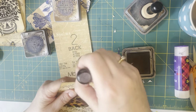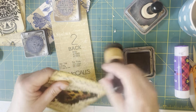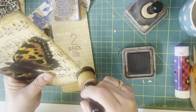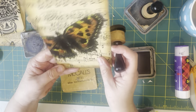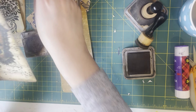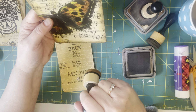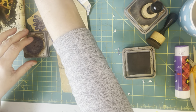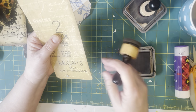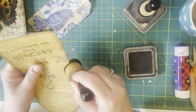Alright, now we'll go Scorched Timber. That looks cool. That looks even better. Get rid of those white bits. Lovely. I think you get the gist of it. I'll just get them all ready for when I want to do the final decorating, depending on what journal I'm in. So, you know, sometimes if you just feel like doing something basic and easy,